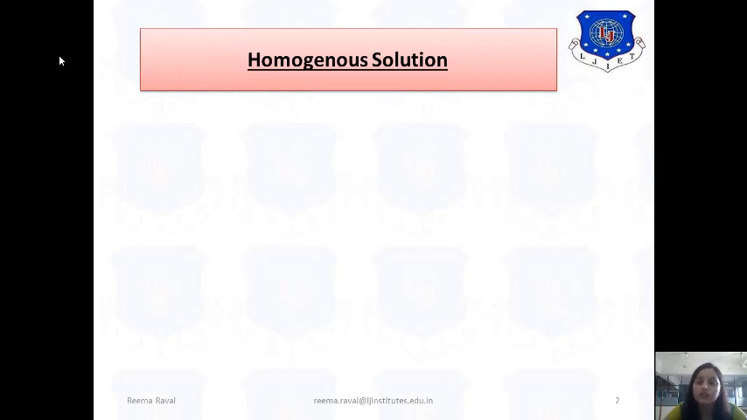So this is asked in a 7-marker question to find the homogeneous solution. So let us start with one example. Let us consider the data as you are asked to find a homogeneous solution or a solution for the homogeneous equation given to you. Homogeneous solution for